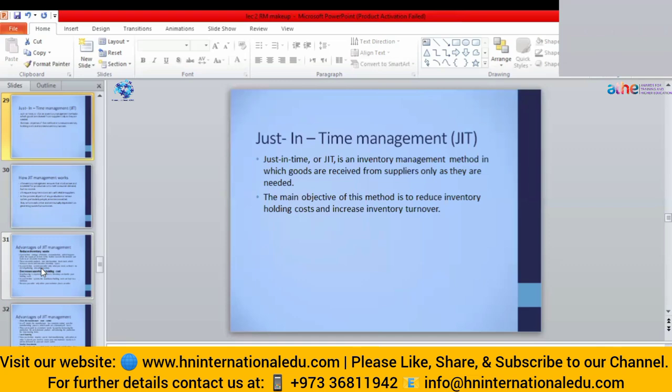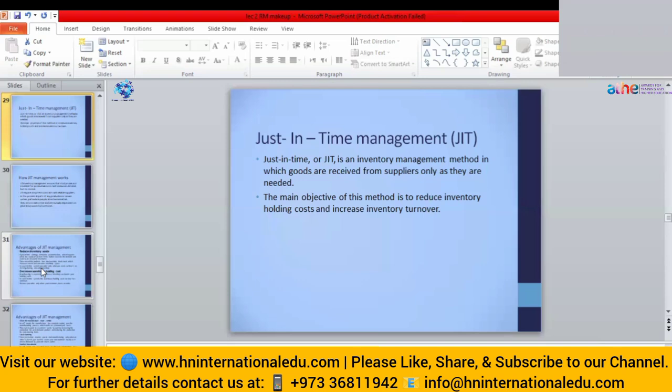So they are in line with us. So the main objective of this method is to reduce the inventory holding cost and increase the inventory turnover. It will be beneficial in the perishable things when we can't afford the cost of the expiry and other things, and we have not enough